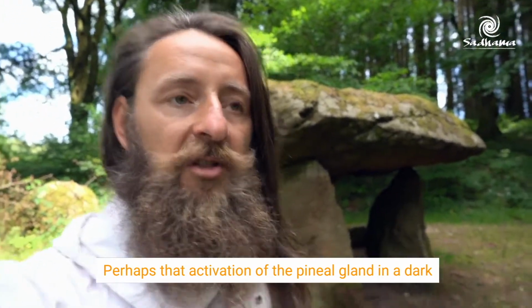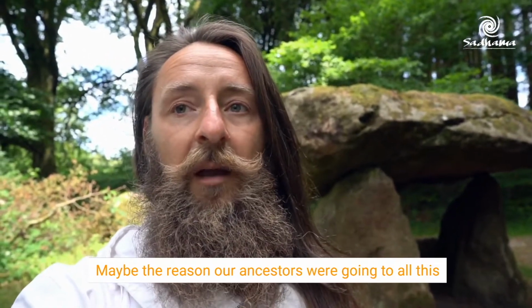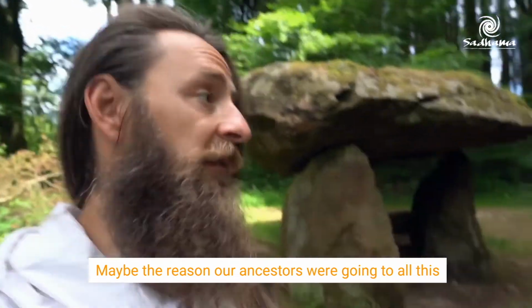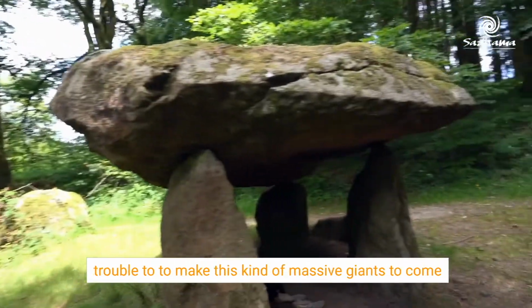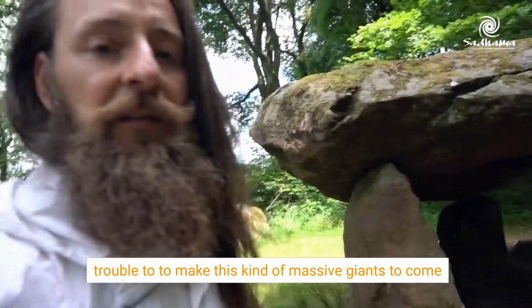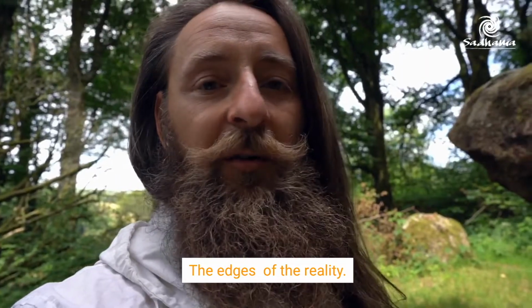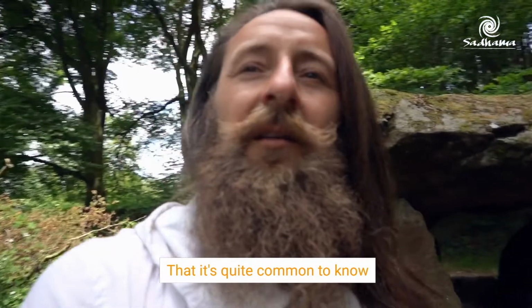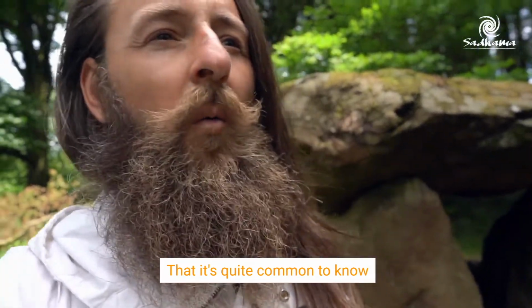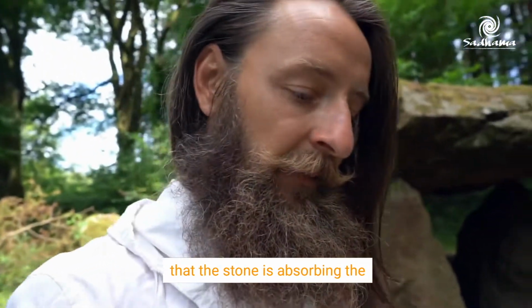Perhaps that activation of the pineal gland in the dark may be the reason our ancestors were going to all this trouble to make these massive giants, to come and stay within them for some time, to find the edges of reality. Interesting thing, it's quite common to know that the stone is absorbing the